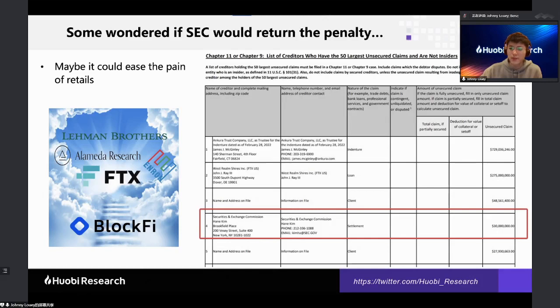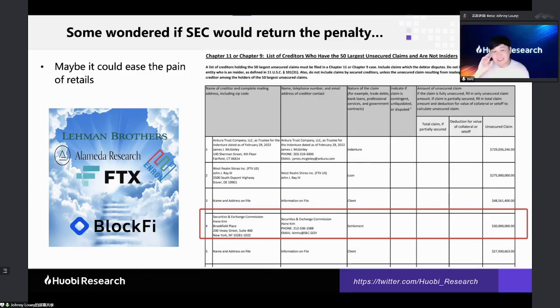Okay. Go ahead, Ben. I mean, BlockFi is already bankrupt, there's no point. Yeah, they charged the settlement before FTX. I think it was in April or May. So since then BlockFi has not paid the $30 million? No, I think they paid. They already paid. Okay, this is just some transaction records.